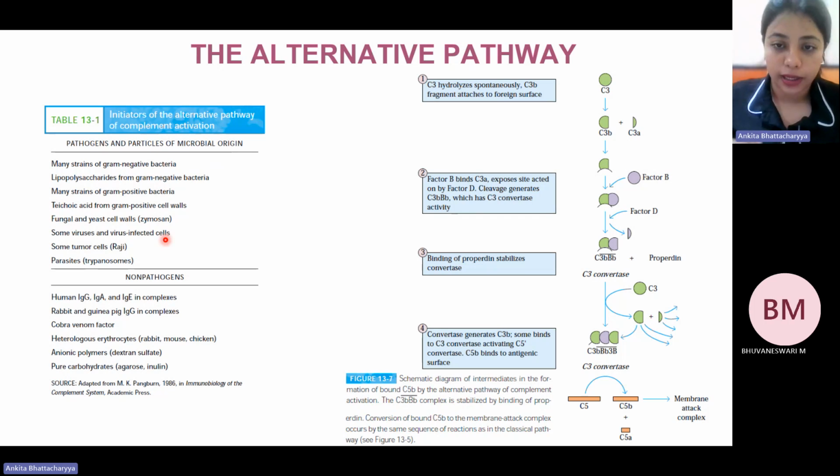Yeah, so basically that's why the immune system works in a comprehensive manner, and it has multiple systems in place, so that in case one misfires or is not working efficiently, there will always be a backup in place. Again, despite that, we all do suffer from diseases, so it comes with its own set of limitations. But apart from that, some tumor cells can also be recognized by the alternative branch